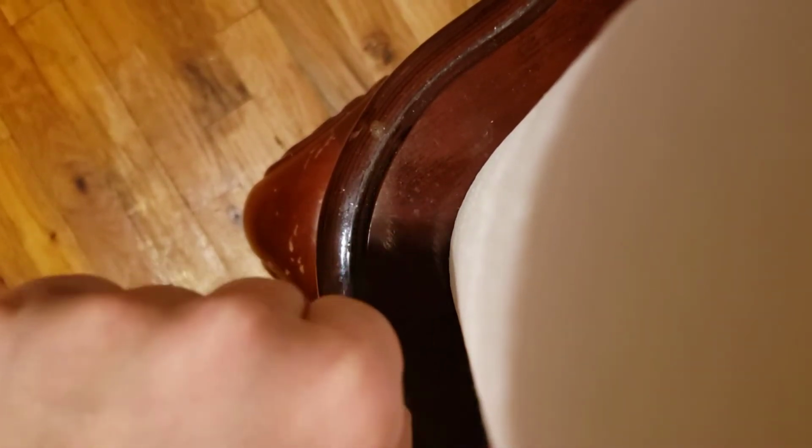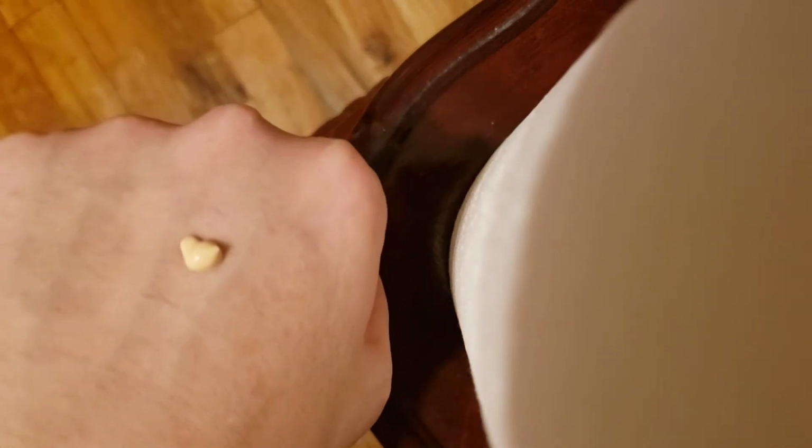So I hope this works. So there you go. It is relatively thick. It's not watery. This is how it looks. It is full coverage. Obviously right now it wouldn't look like it would blend, but this is by